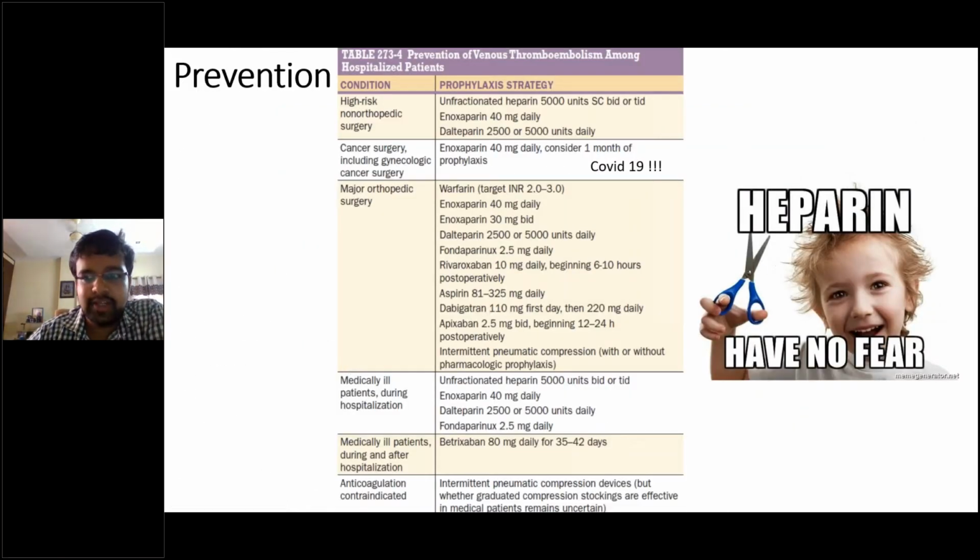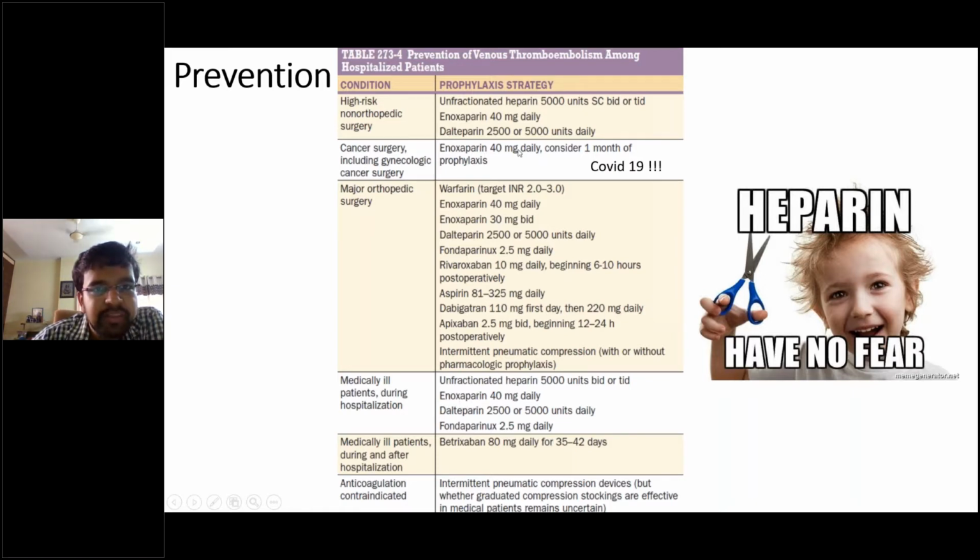ठीक है. So this is the live slide and this is a very important slide and it focuses on the role of heparin for prevention of venous thromboembolism. So prevention is always better than cure, and prevention of venous thromboembolism among hospitalized patients is very important. Some of the methods I've already taught you, like the use of compression stockings, intermittent pneumatic machines, early ambulation of patient post-op. These things are very important to prevent DVT.